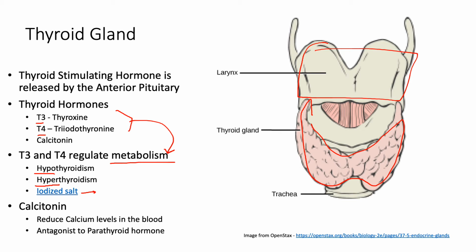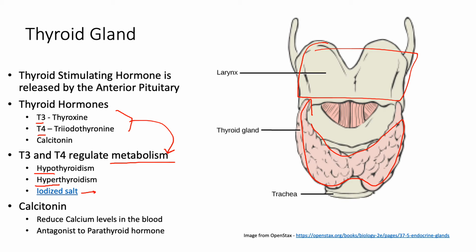Now, another hormone made by the thyroid gland is calcitonin. Calcitonin reduces the amount of calcium that is circulating in the blood. We already know that calcium is important in muscle contraction and in bone growth. But we need calcium to be within a narrow range in our circulating blood. So we actually have a pair of hormones that control this so that we don't have too much or too little calcium. Calcitonin, made by the thyroid gland, reduces the levels of calcium in the blood. It does that because it inhibits the type of cells that break down our bone,